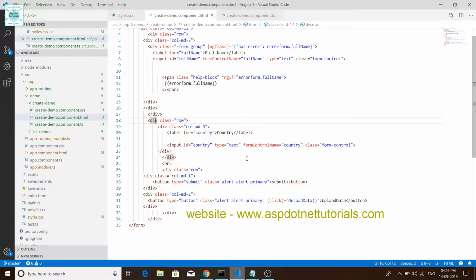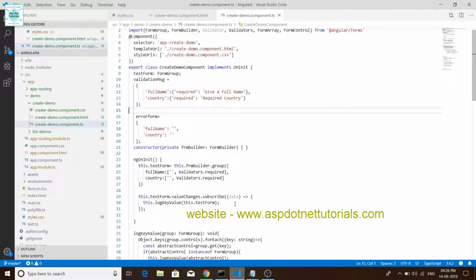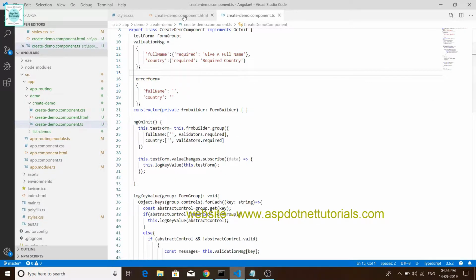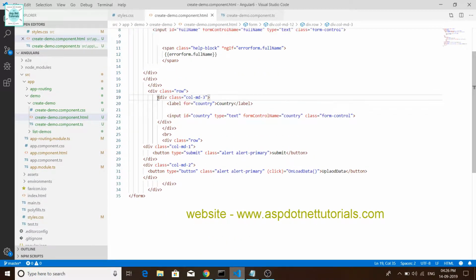So friends, in the last video we learned about form array, and today we will learn data binding in Angular 6. So friends, first we will comment this code. Comment this code, and friends,